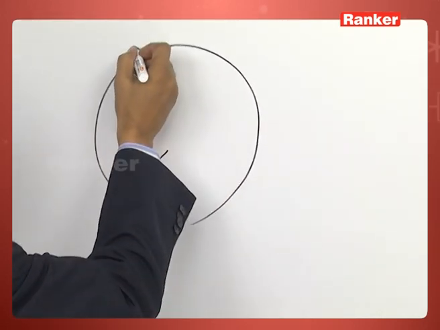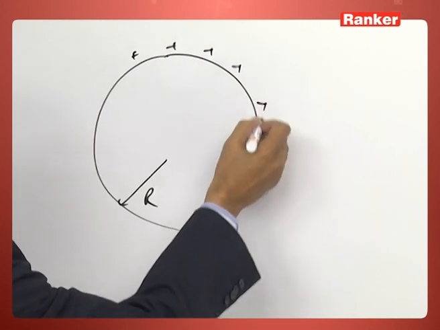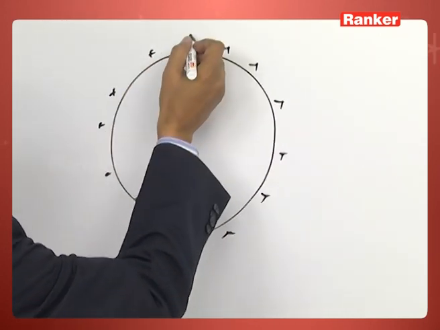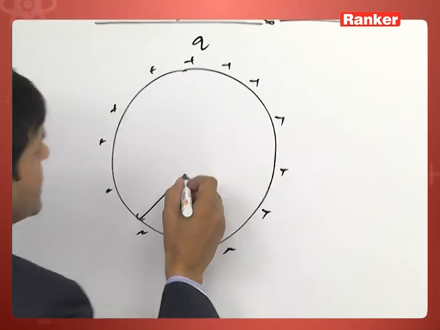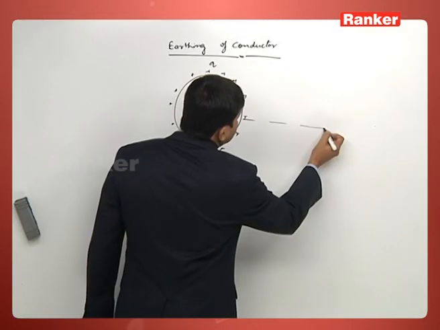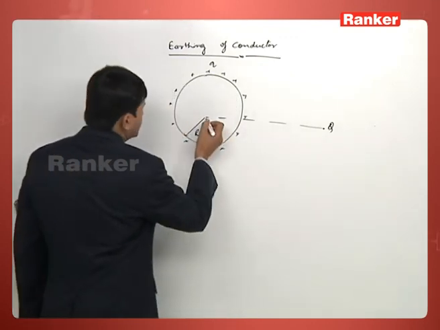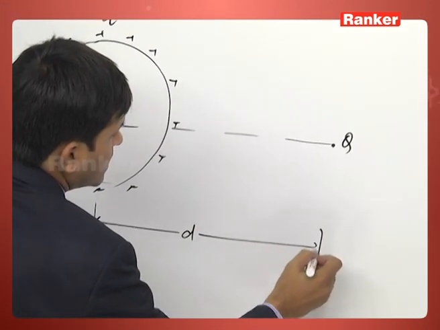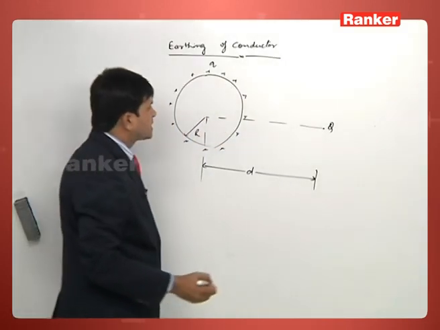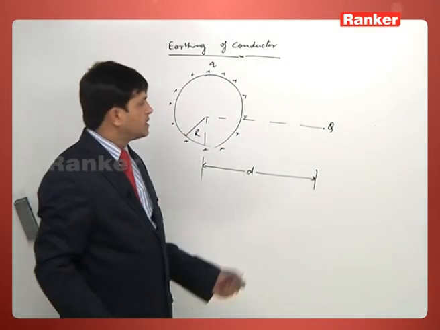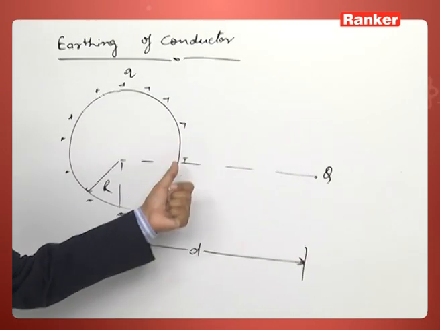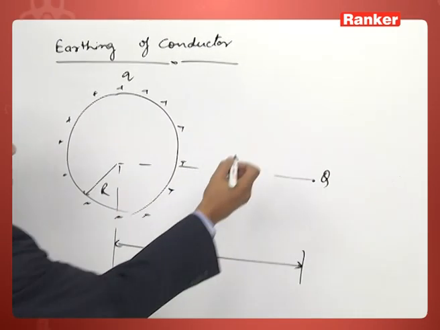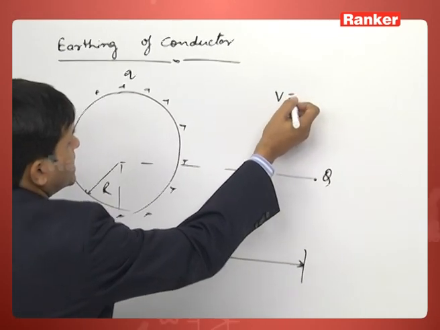Let this be a conductor and it has charge q, and here a point charge Q has been kept at a distance d from the center of the conductor. This conductor now is not earthed right now. So how much is the potential of this conductor? The potential of this conductor means the